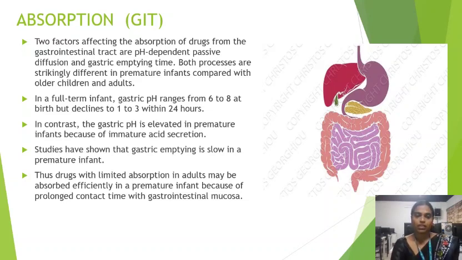Thus, a drug with limited absorption in adults may be absorbed efficiently in a premature infant because of prolonged contact with the gastrointestinal mucosa. So here it is mentioned that absorption is from the GIT. Here it is said that two factors affecting the absorption of drugs from the gastrointestinal tract are